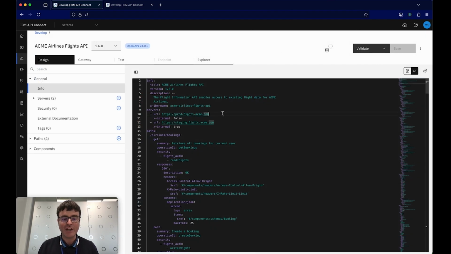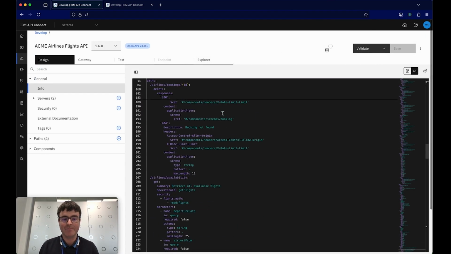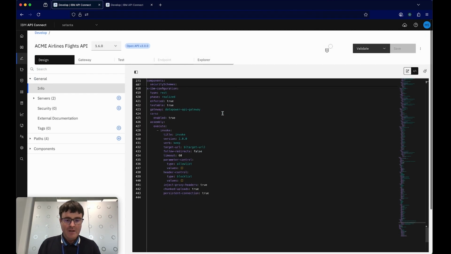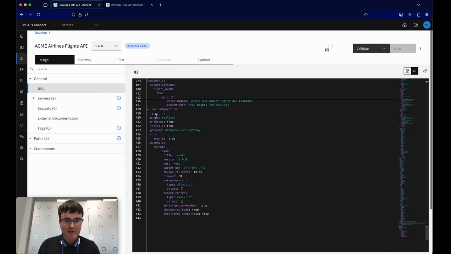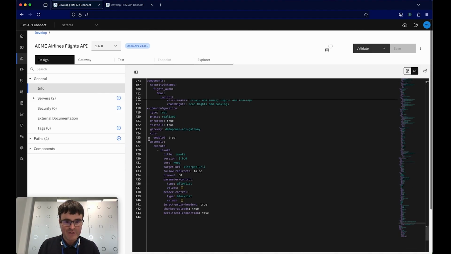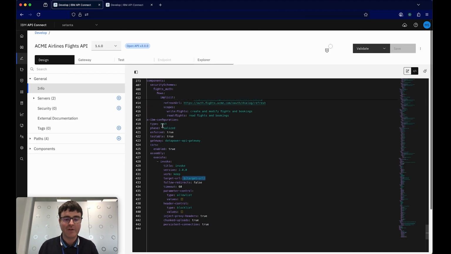A bit of an investigation, and when I look at my OpenAPI and I scroll to the bottom, I can see in my IBM configuration I have assembly execute invoke, and I've got the target URL property here pointing at the target URL variable, which is what the rule was supposed to look for. But you can clearly see here that I do not have IBM configuration properties target URL defined.